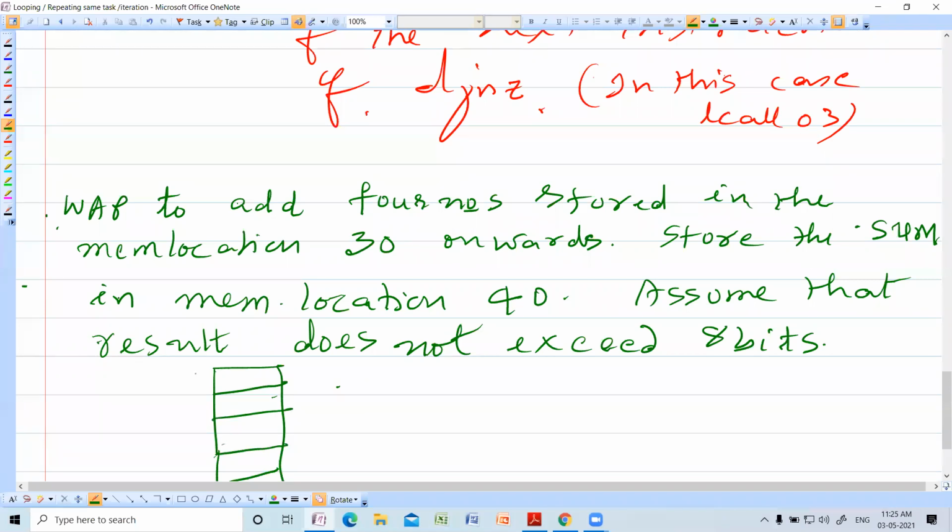So this is the memory location 30. Here I am having 4 numbers: 13, 14, 15, 16. So now I have to add these 4 numbers, 13 plus 14 plus 15 plus 16. So how many numbers? What is the count? The count is 4.